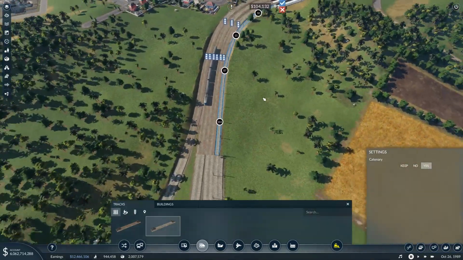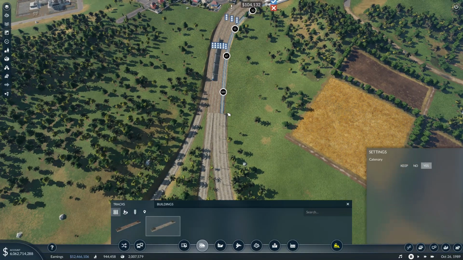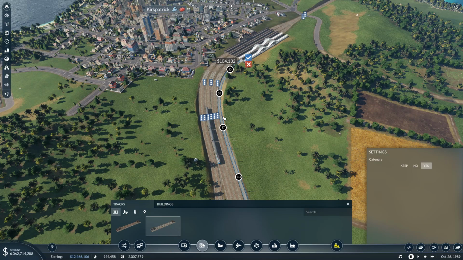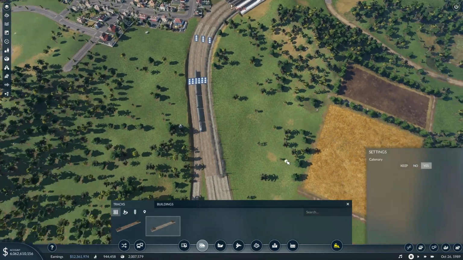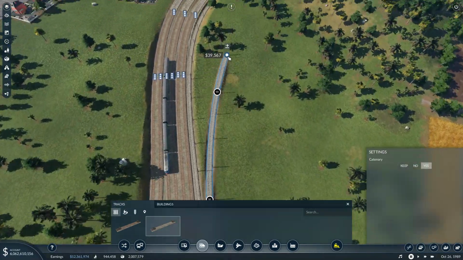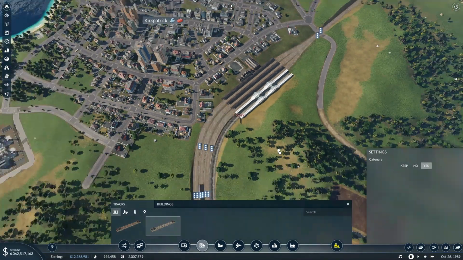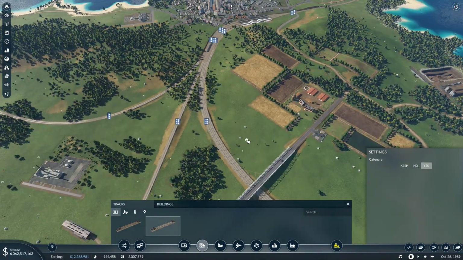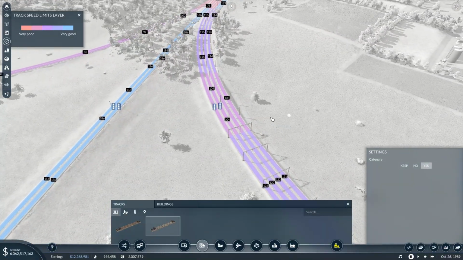Now, I realise that this is going to be a slow corner, a very, very slow corner. But to be honest, it's fine, right? Because it's just before the station, so I'm not going to worry about that. That's not going to impact the journey times significantly. Down here, let's just have a look at the track speeds. So down here, where are we? See,